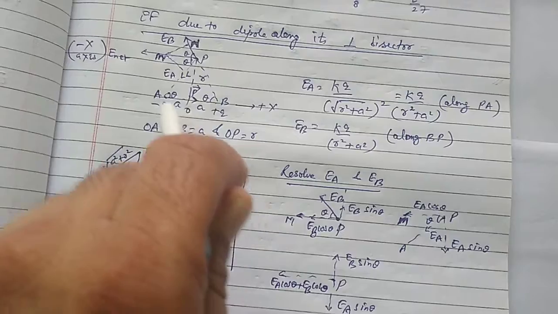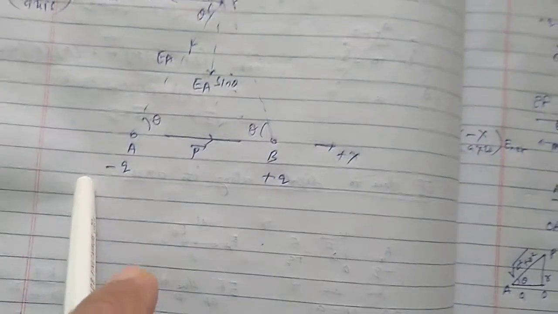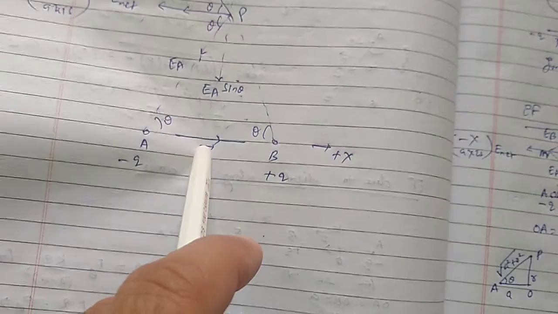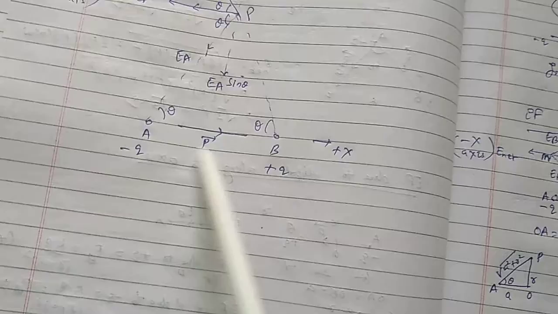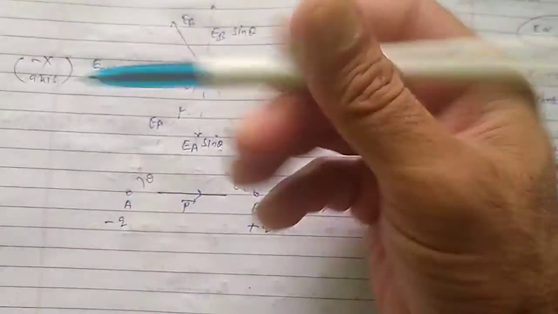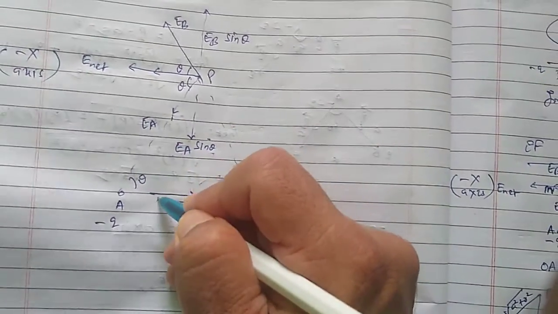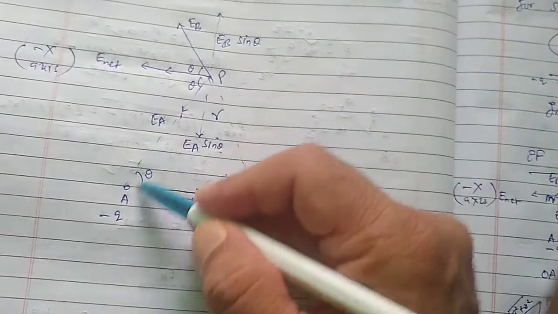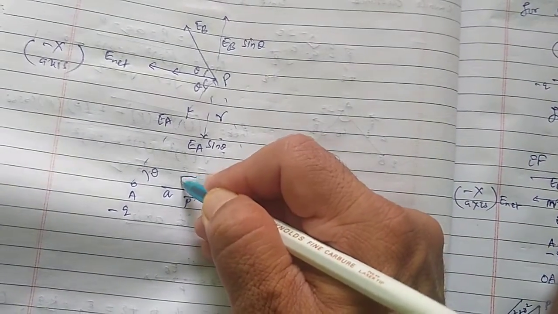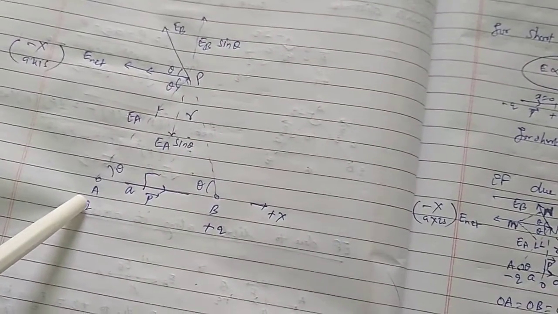If you use the Pythagoras theorem, as you already know, this is A, this is O, this is P, this is under root R square plus A square, because this is A and this one is R. So in this manner I can say this is A, this is R. So it comes out to be under root because this angle is 90 degrees. If I apply Pythagoras theorem, this distance PA comes out to be root of R square plus A square.